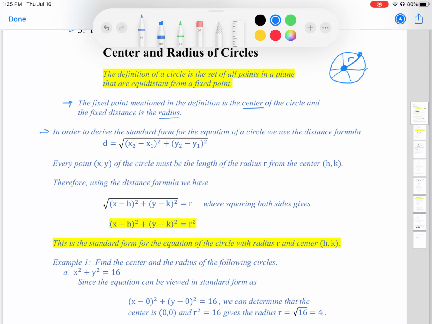And every segment or line that can be drawn from the center to the endpoint of the circle is a radius. In order to derive the standard form of the equation of a circle, we use the distance formula, which is this. And this distance can be used from having any 2 points, x1, y1, and x2, y2. And these are the points that we will use to plug into the formula. Every point x, y of a circle must be the length of the radius r from the center h, k. Therefore, using the distance formula, we have,